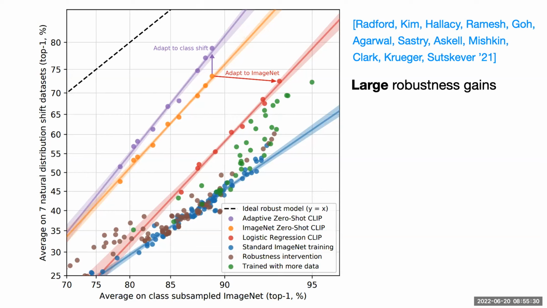Let me just make sure I understood the question correctly. You're saying you also ran experiments where you found that adding Gaussian noise, for instance, didn't help with robustness to natural distribution shift, and the conjecture is that this Gaussian noise is not really related in a productive way to the natural image manifold. Yes, I think that's a reasonable interpretation. I agree with that. I think the big question is, can we learn more about the natural image manifold to augment in a way that follows that structure? I don't know the answers to that. I would love to know the answers. If you have answers, let me know. Okay, thank you.